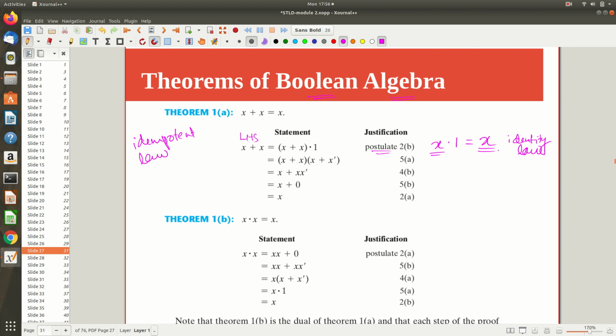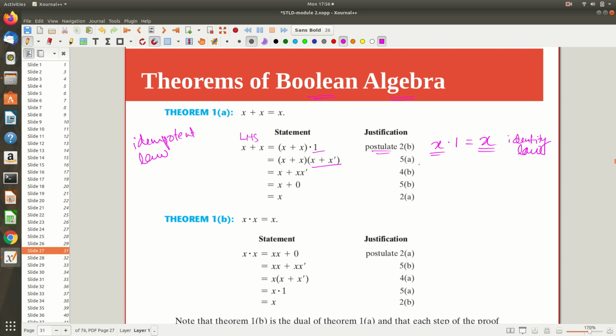Okay, something like that. So by identity law, I got this, and I just wrote it. Now I am trying another postulate, where I replace this one with x plus x dash. Can you tell me what this is? Here they are numbering the postulates, but you don't have to remember like that. Instead of writing postulate 2b, in the exam you have to write it by using the identity law. If you are studying this concept using a textbook also, you follow this procedure.